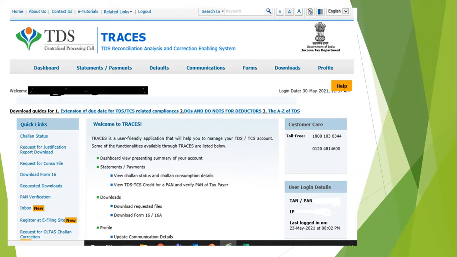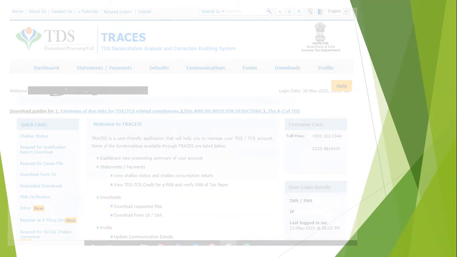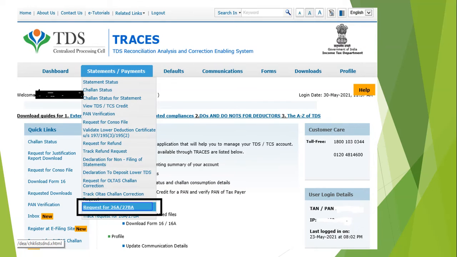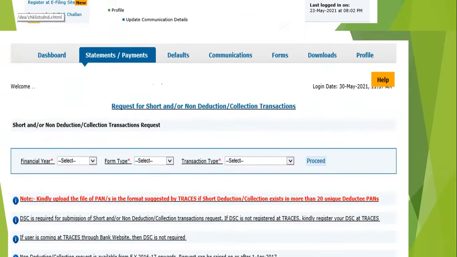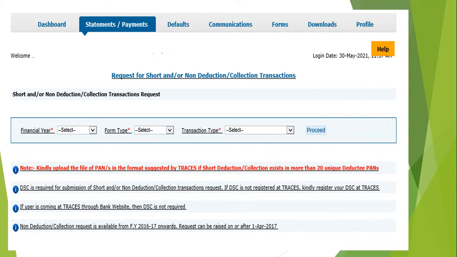Once you enter the home page of the Traces portal, you could see the below given screen. Under the Statement and Payments tab, you will find an option called Request for Form 26A or 27BA. Once you click on it, the screen will take you to this page.